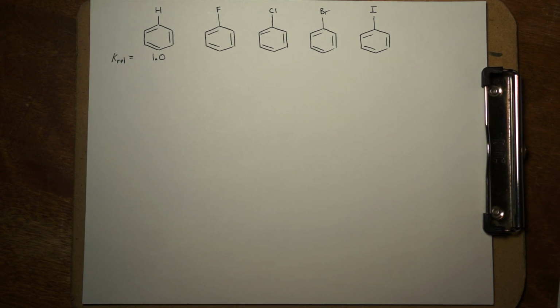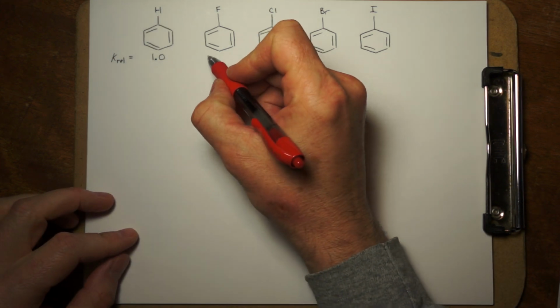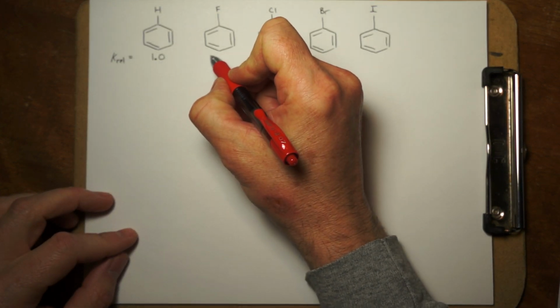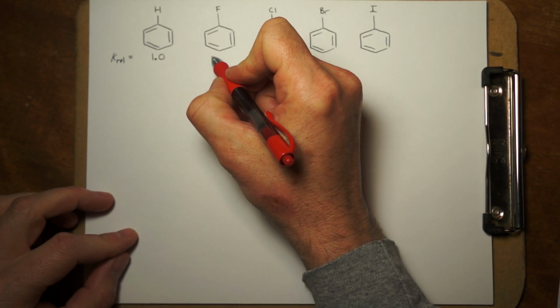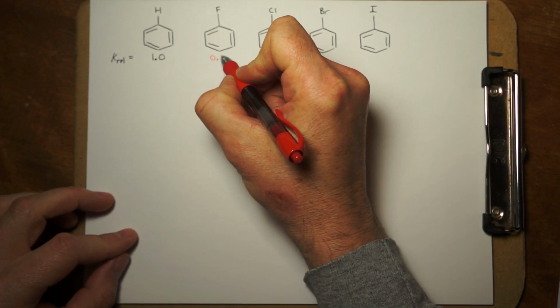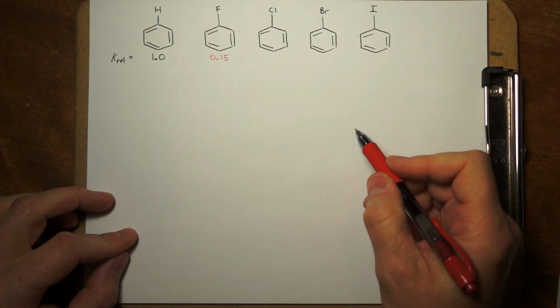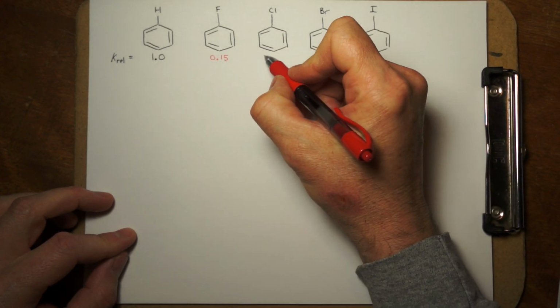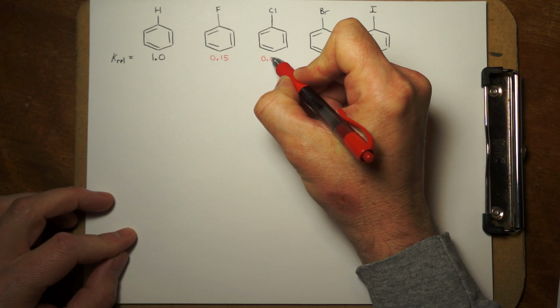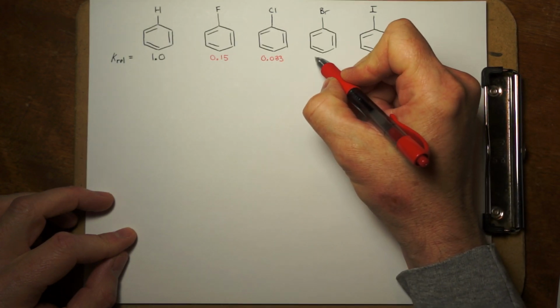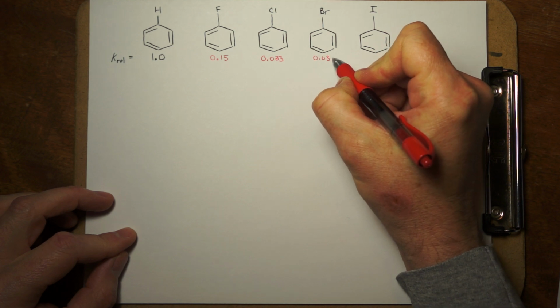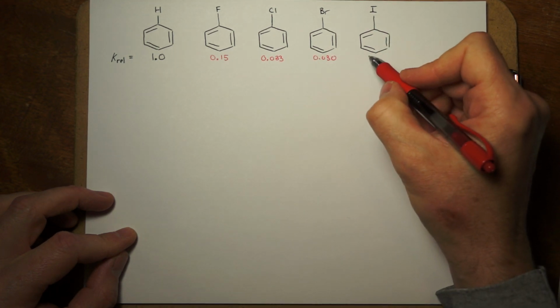We learned that the reaction rates are slower, and it's not in a trend that you would expect. And so the relative reaction rate of organofluorides is going to be 0.15. The relative reaction rate of organochlorides, 0.033. Organic bromides, aryl bromides, 0.030. And aryl iodides